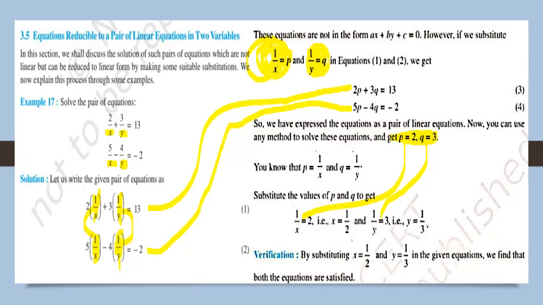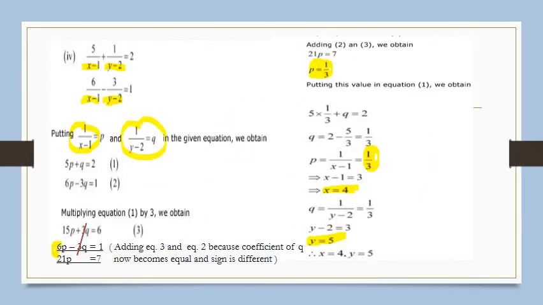So in this way we have to solve these equations. First we have to reduce that equation into a linear pair of equations in two variables. That's why the heading is equations reducible to pairs of linear equations in two variables. Then we solve as we are solving the remaining equations. Here the method of verification is there, but if you are perfect in your calculation, there is no need of any verification, but still it is given. If you substitute this value there, you will get LHS equals RHS, that is satisfied.